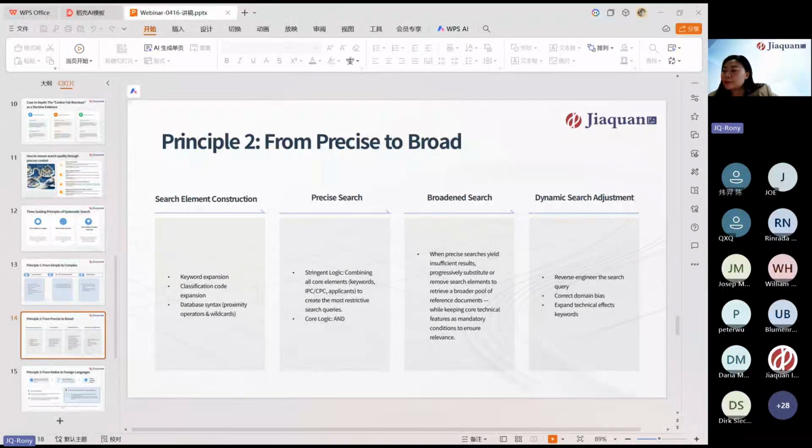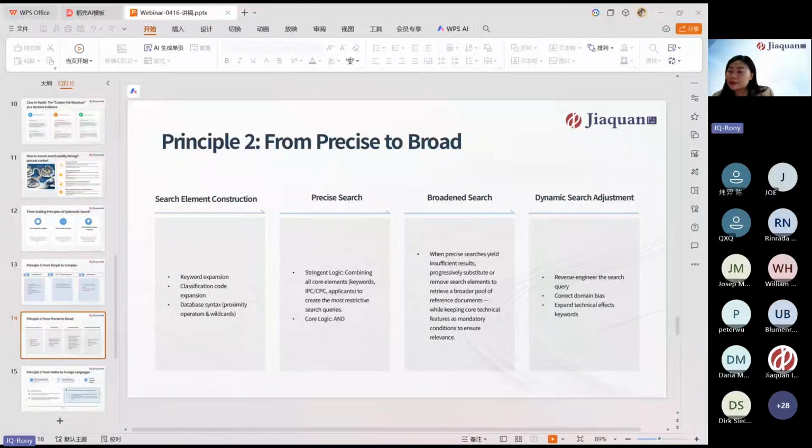When applying the from-native-to-foreign-languages principle, for example, we start by conducting a thorough search using Chinese keywords and classification numbers in a domestic patent database, and extract core technical terms, applicant names, and precise IPC from the most relevant Chinese patents we found. And then we can translate these elements into other languages, other patent terminology, and use them to construct search formulas